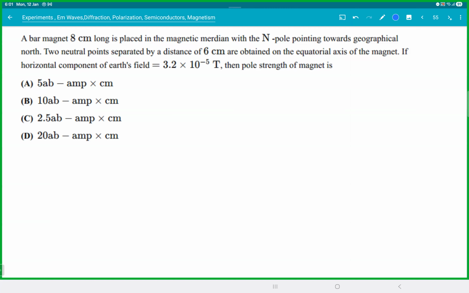Let's get this. No one remembers what we used here exactly. So